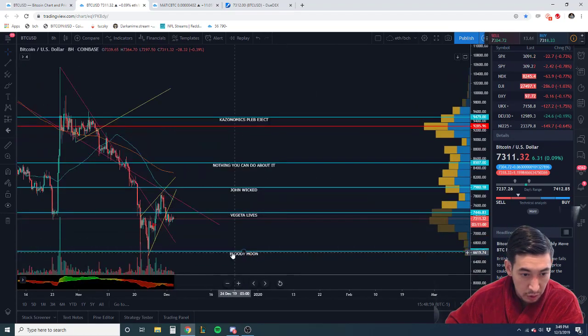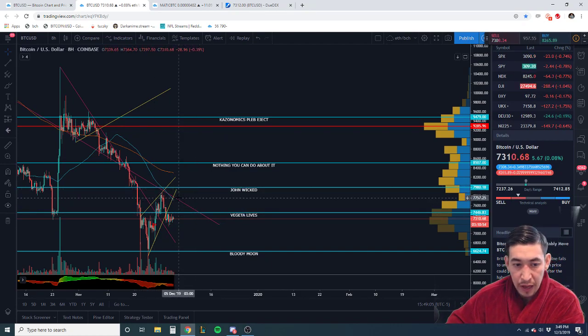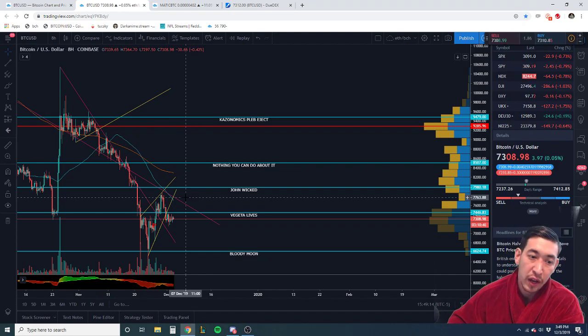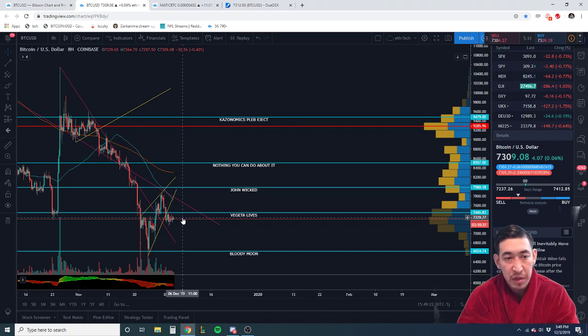So another way you could play this is wait for BTC to prove itself. If we can get above this line, then retest it and gain support above it, and this becomes support again, that's where you're looking to play, really. Unless, like right now, it's pretty uncertain. You don't have to trade this. And a lot of people...